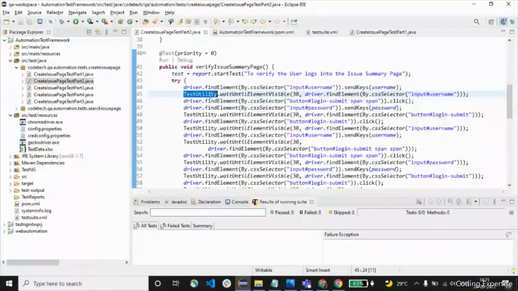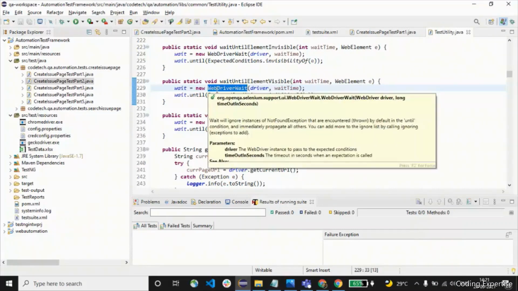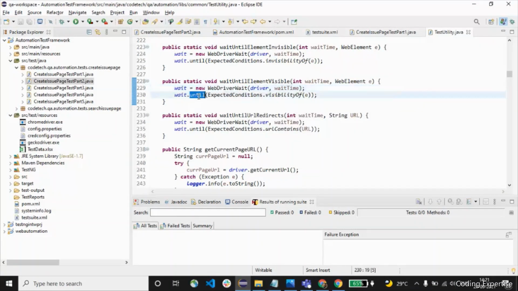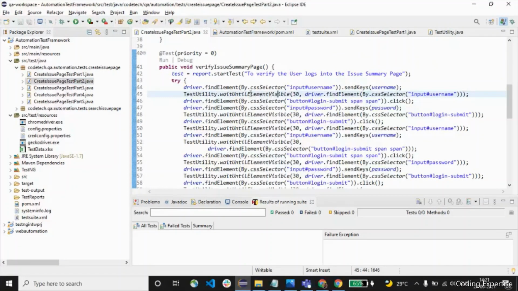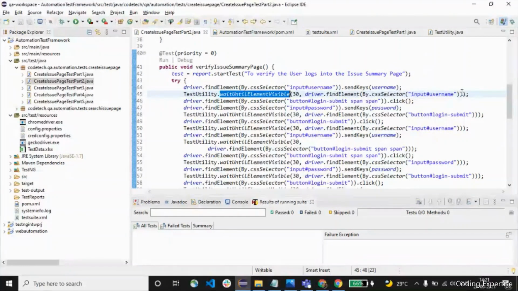This is the test utilities class in which we have used this particular method. I've written this method which helps us to invoke that explicit wait. We could see when I jump into this particular method, right? You could see we have created an object for this particular WebDriverWait class, and we have used wait.until visibilityOfElement. So let me go back to this again. What it does, it waits until the element is visible, this particular element. We have used this By.cssSelector, right? So it waits until that particular element is visible and then it clicks on it.